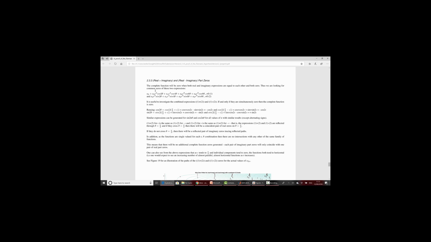Combining those, we'll be looking at expression 1, a0 plus a2r² cos 2θ, etc., and expression 2, a2r² sin 2θ, etc., equals 0. Combining 1 plus 2 and 1 minus 2 and placing them to be simultaneously 0, we end up with the expression